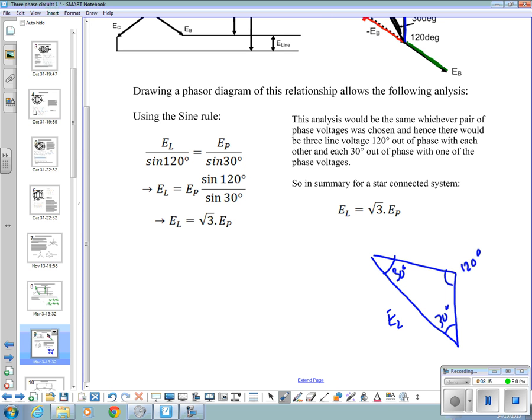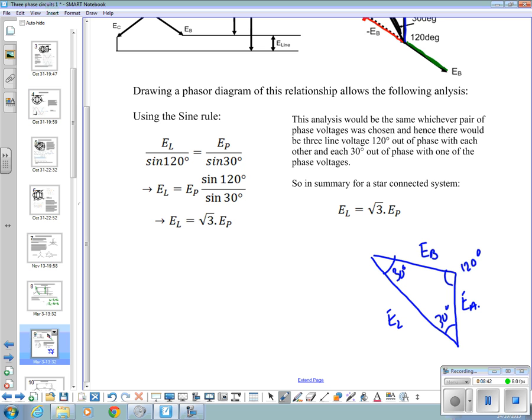Does that work? 120 and 2 times 30 is 180. Yes. Okay. This is EA, for instance. The length of that line is EB. Okay. By the sine rule for non-right angle triangles,